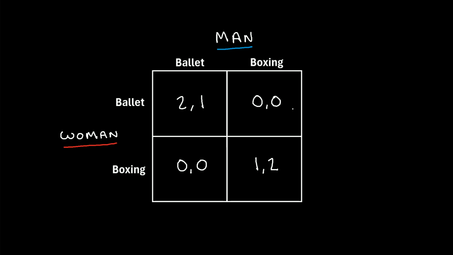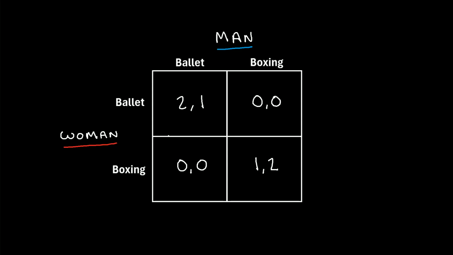So here's how we can represent this situation using a payoff matrix. So we have a woman who can choose to go to the ballet or the boxing match, and we have the man who can also go to the ballet or the boxing match. Now, if the woman chooses ballet and the man also chooses ballet, then the woman gets a payoff of 2, while the man gets a payoff of 1. So in this case, the woman gets the higher payoff, because remember, she's the one who prefers to go to the ballet. But instead consider the scenario where the woman chose a boxing match and the man also chose a boxing match. Well, in that case, the woman gets a payoff of 1 and the man gets a payoff of 2. So in this case, the man gets the higher payoff because remember, he prefers the boxing match.